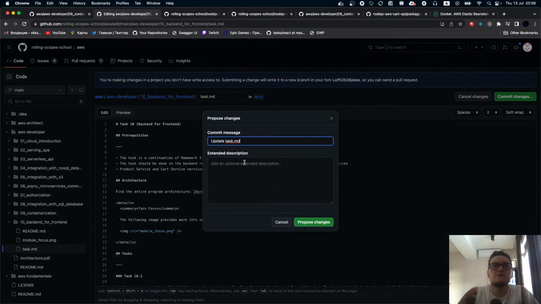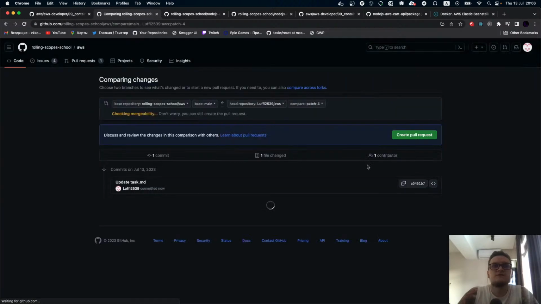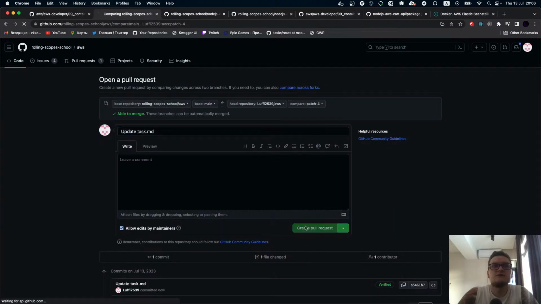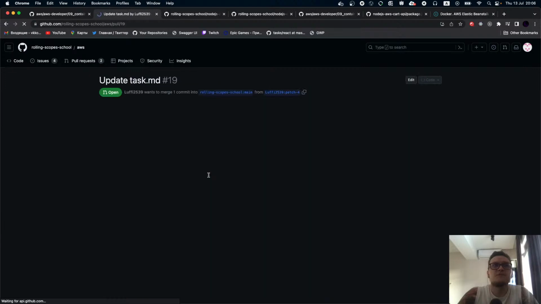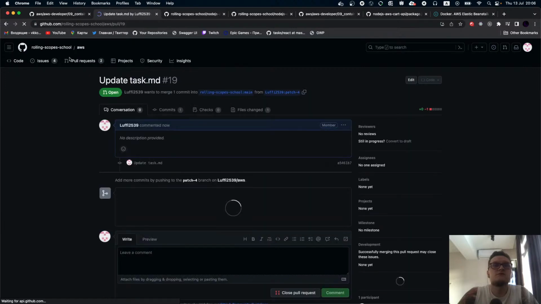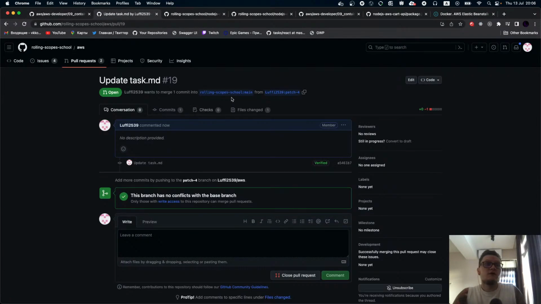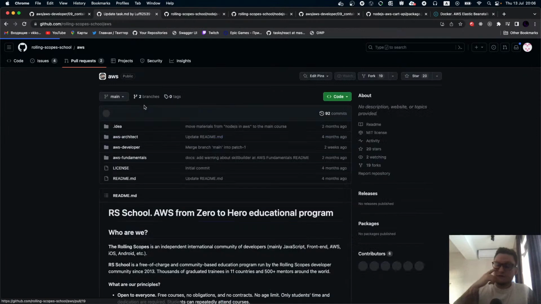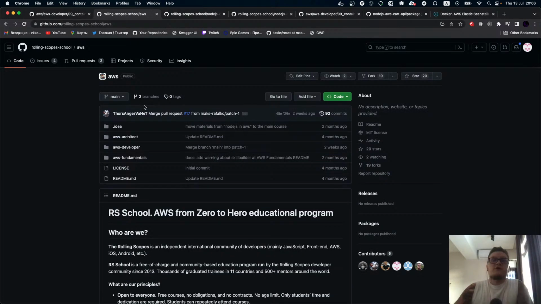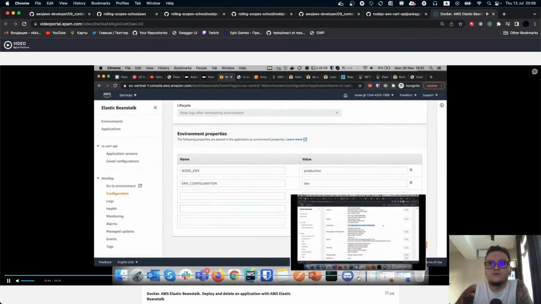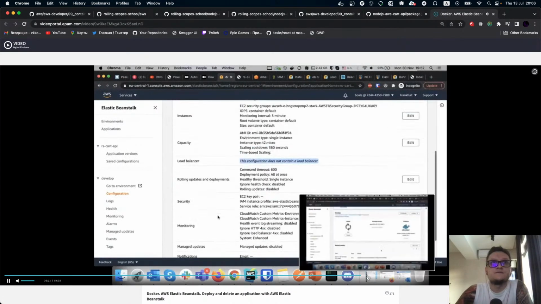Can I commit directly? I can only propose. So later on this will be changed, I believe. Let me create a pull request. So we can remove this. Inside Elastic Beanstalk you will have to use all these environment variables later on, and let's see what else we can find here that is interesting for us.